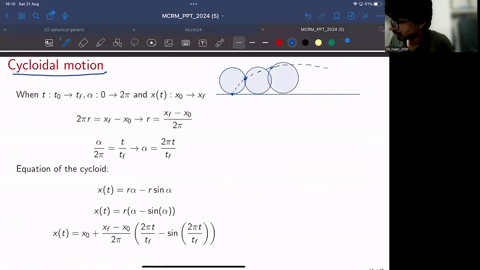So as the circle rolls, this specific point, if you label it as A, the locus of the point traced by that point A gives you the cycloid. And that is also a very smooth kind of curve. So basically, you can write the equation for the cycloid as follows. If you consider the two adjacent positions like this,